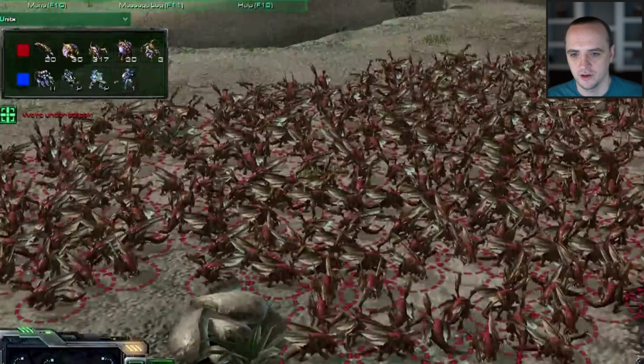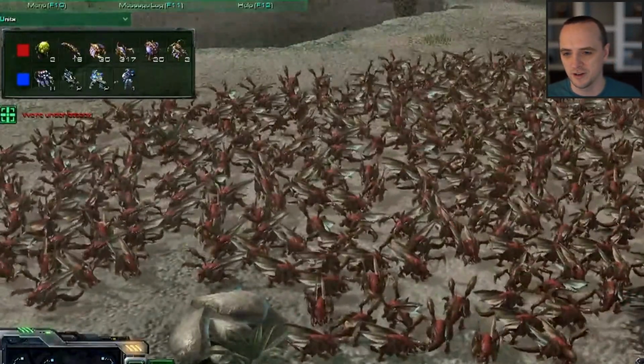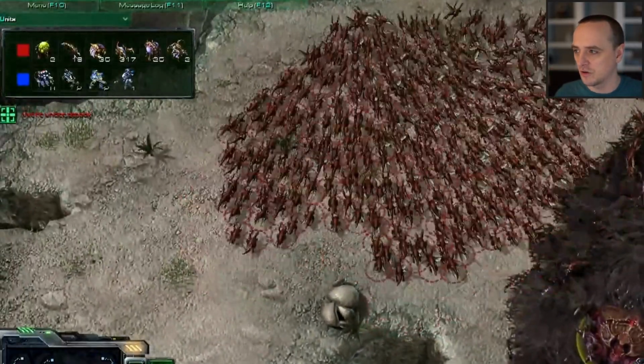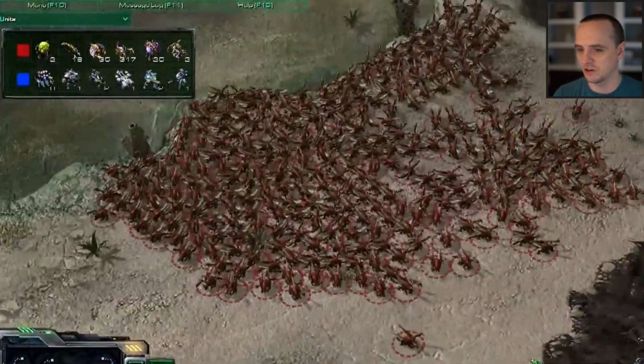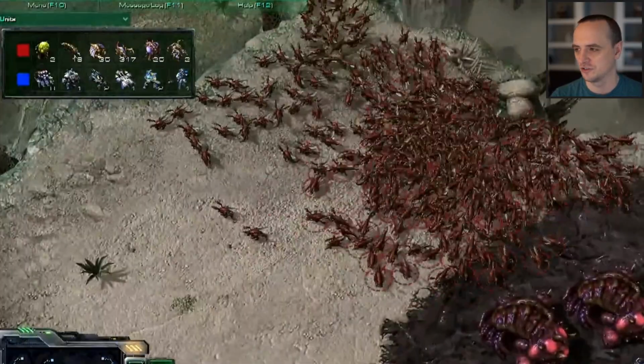And if I go here, in StarCraft 2, it turns out they did improve upon this, and very, very well. So this is strictly an algorithmic change, right? You can see here the person has about 100 Zerglings selected, and the flocking behavior of the Zerglings is just really amazing.